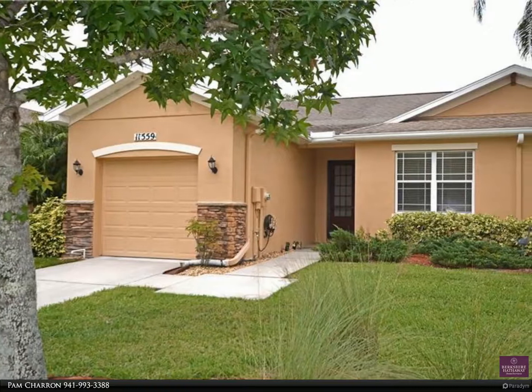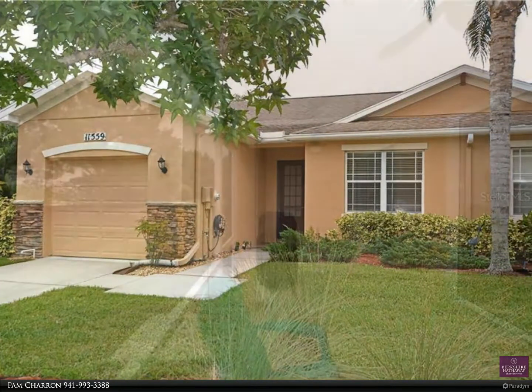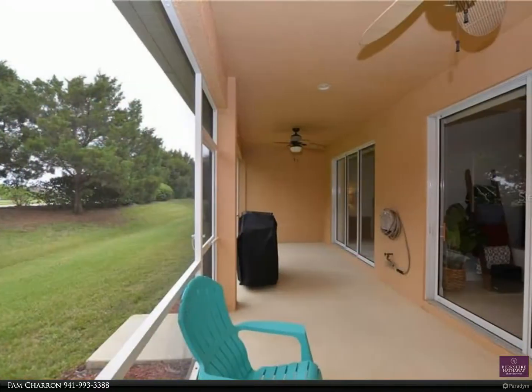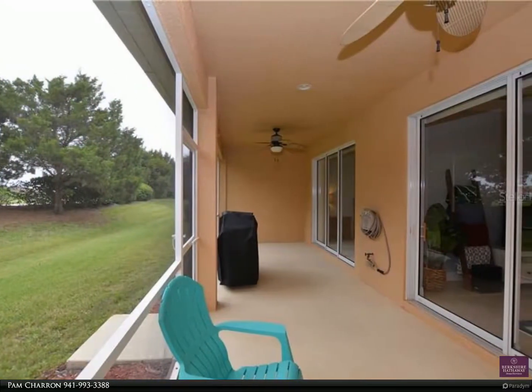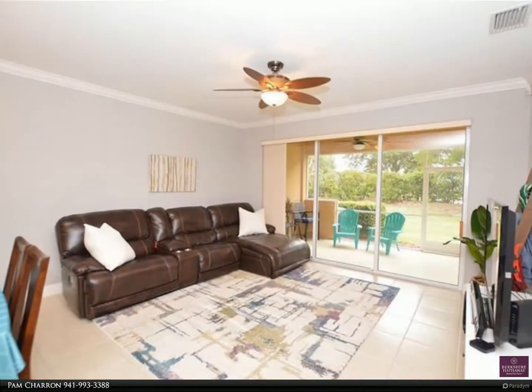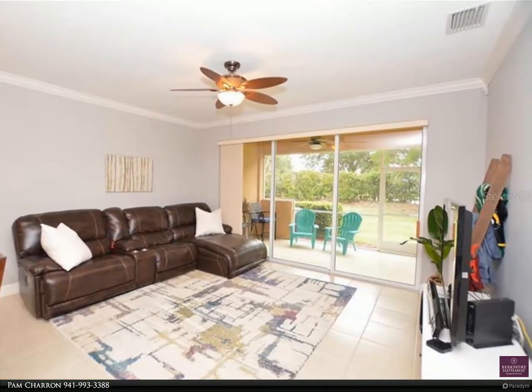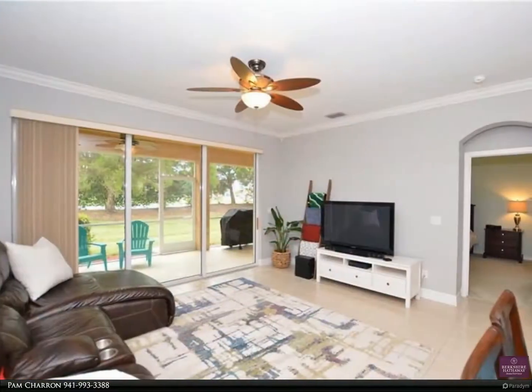Welcome to Easy Living, in this impeccable one-story villa at Lexington, with yard care and exterior maintenance included. A soothing color palette throughout, this 2-bedroom, 2-bath home, with garage and screened lanai. Enjoy an appealing open floor plan, with neutral tile floors and crown molding in the main living area, plus a